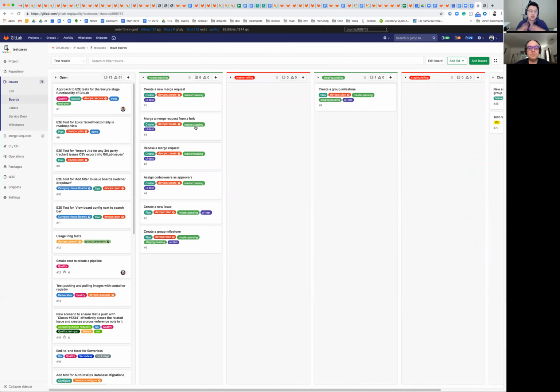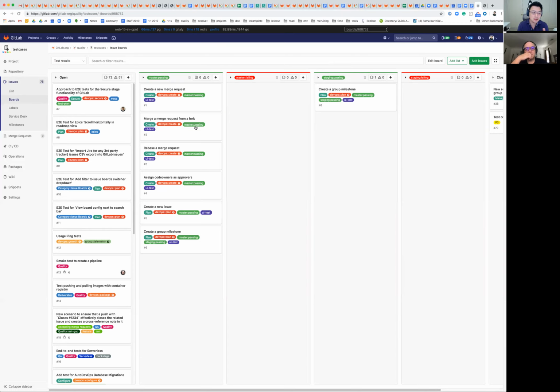And an iteration to move to this is have a CI job that posts results to this. We already have the building blocks. We have APIs to update issues. We have APIs to add comments or add labels or whatnot. In the CI pipeline, we could